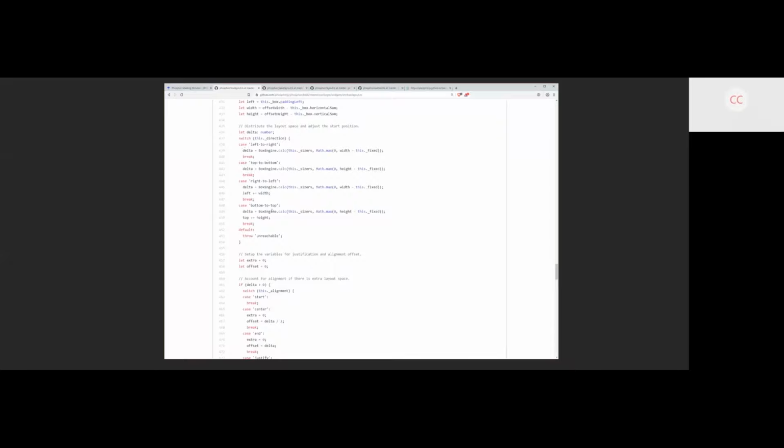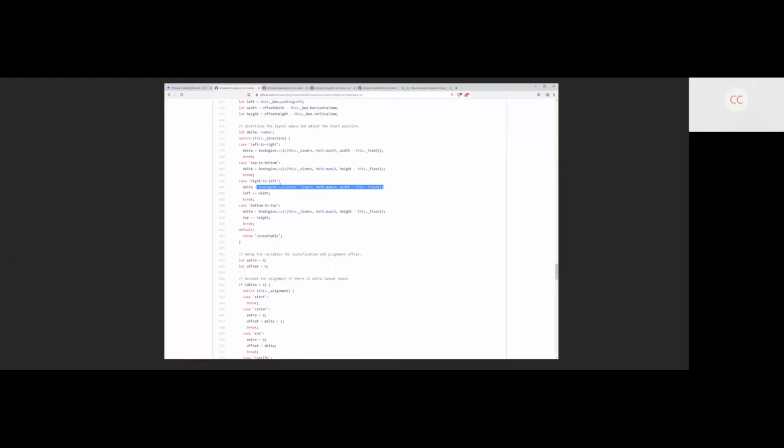So it's a little bit of a tricky mental exercise, but if you were to step through this algorithm and write it in a naive way, where you handle each case individually, you're going to notice that there's a lot of common code that can be refactored out and shared amongst the various cases. And so what we're doing is just leveraging the fact that if we're doing a left to right layout versus a right to left layout, the computed widths of all of the children